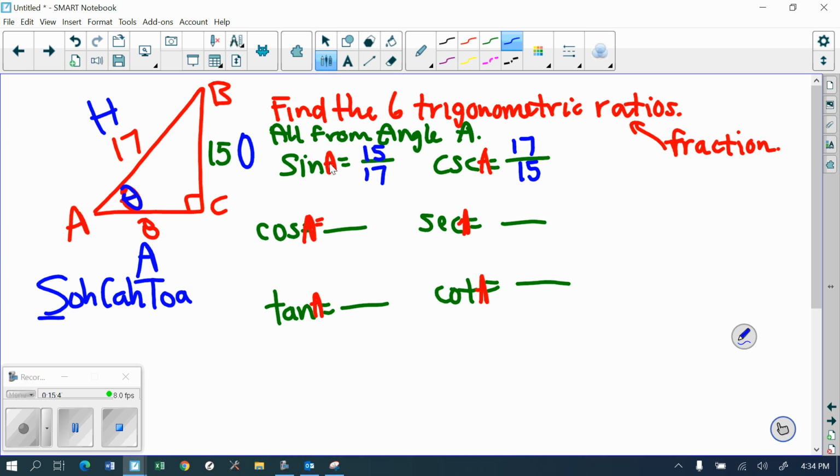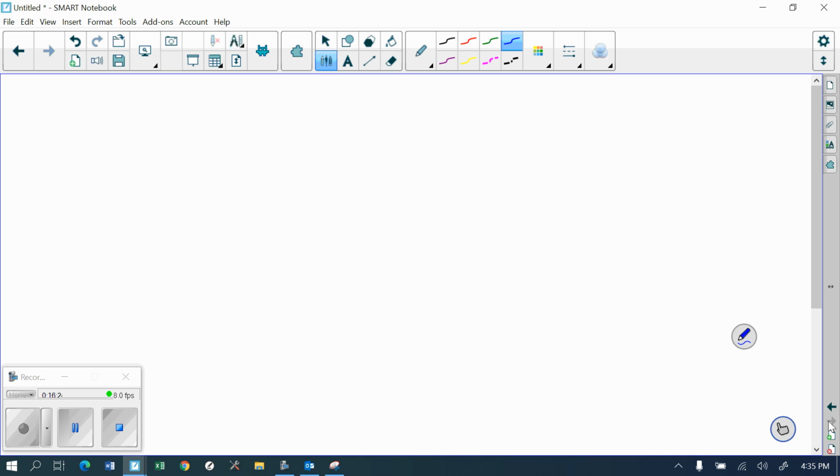The cosine right here is adjacent over hypotenuse. So A over H, 8 over 17, and reciprocal 17 over 8. The tangent is opposite over adjacent, so 15 over 8, and the reciprocal 8 over 15. Now, if any of these fractions reduce, I would reduce them, but they don't, so there they are. So if it says to find the 6 trigonometric ratios, this is what it's asking for. Whenever you see a ratio, you write it as a fraction. Okay. Now, so that's one type of question it could ask. Okay. Next